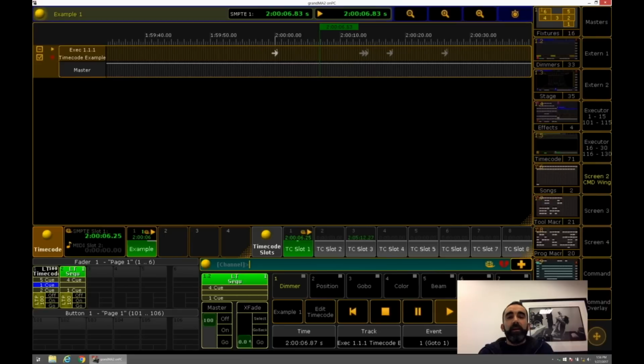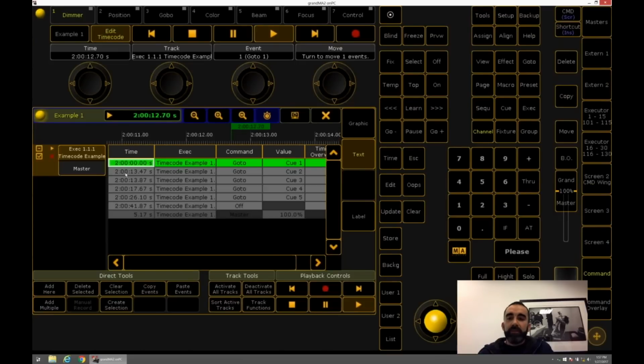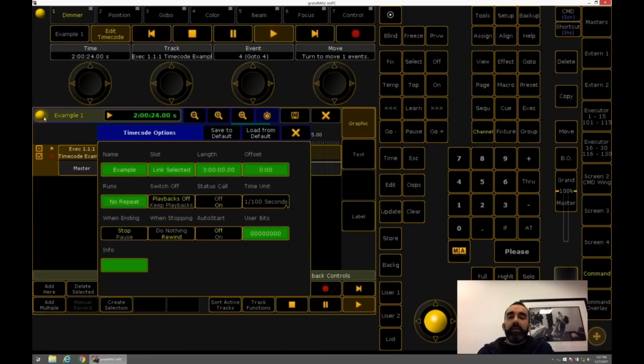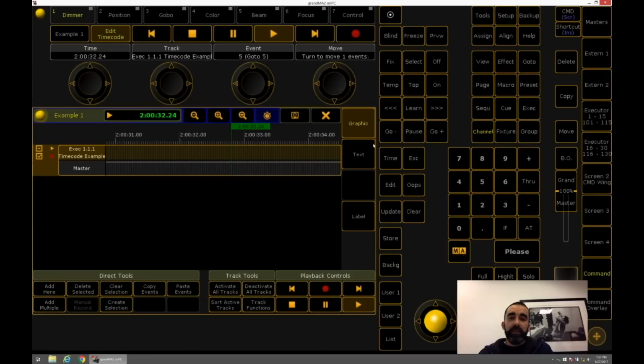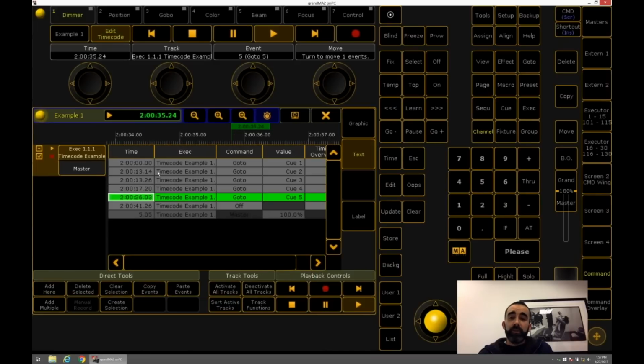So I think if I go back to this editor, you can see a particular time and space is 2 hours, 13 seconds, and 47 milliseconds. Now, the way I'm looking at my data right now is based on a time unit of 1/100th of a second, but we talked about frames, and my timecode generator is sending at 30 frames per second. So it would be a lot easier to view this data in terms of frames. So the actual Q2 is being triggered at the 13-second mark, frame 14. Q3 is being triggered at the 13-second mark, frame 26.